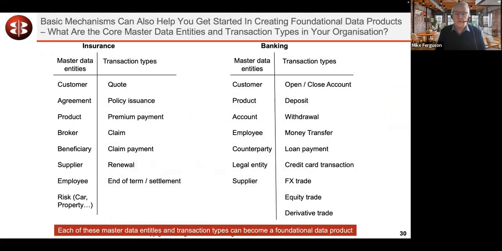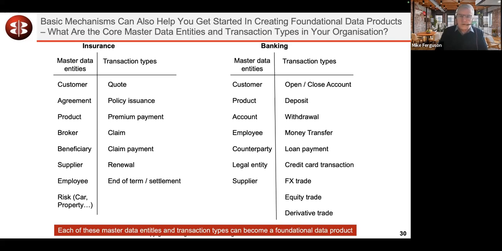Another thing you could do, even just as a sort of quick start mechanism, is just make a list or an inventory, if you like, of the master data entities within your business and the transaction types within your business. Every single one of those could be turned into a data product with a unique identifier,